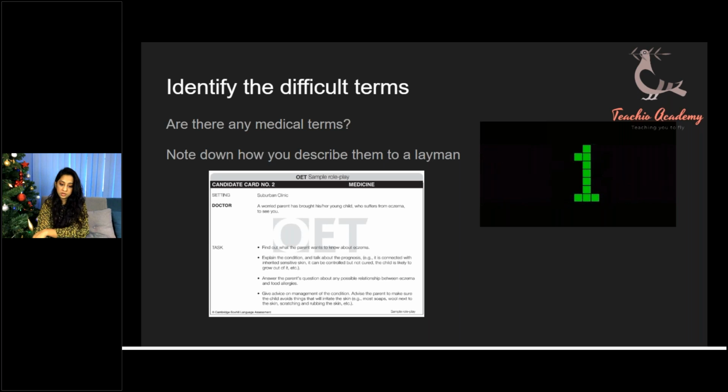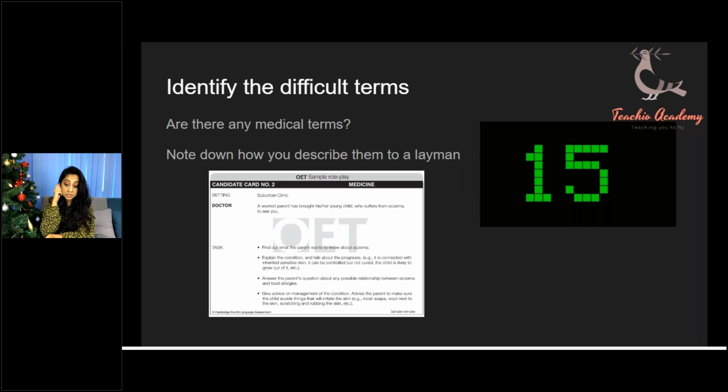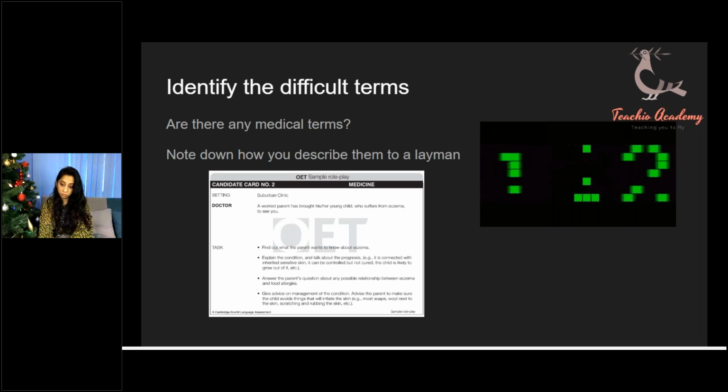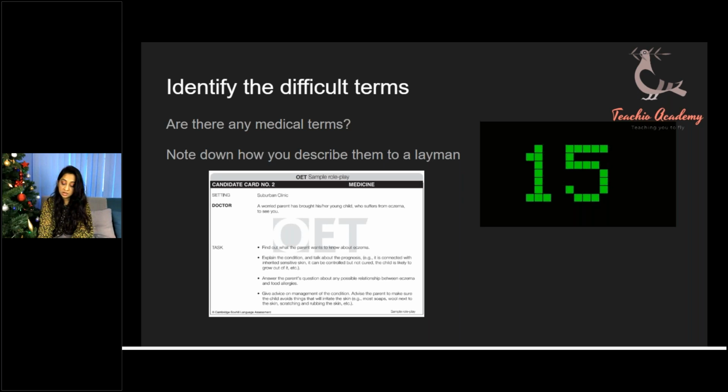And inherited. So inherited would be, I would say, in between. Now, what I want everyone to do is, if I was a parent and you were to tell me about eczema, how are you going to describe it to me? And then your second point is, if I was a parent and you were going to explain what prognosis means, I want you to type into the chat window how you would explain on your OET speaking.